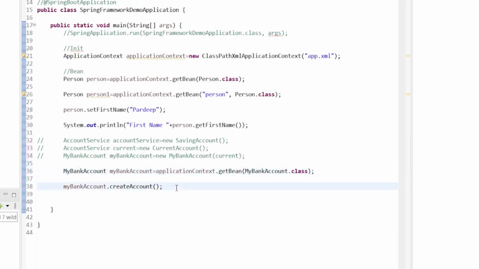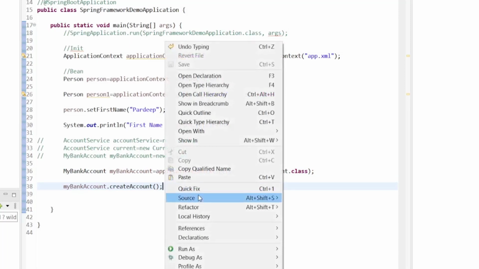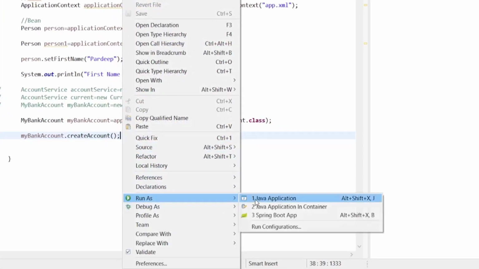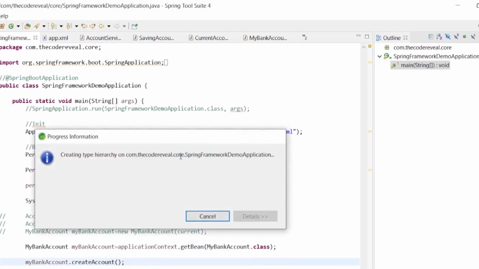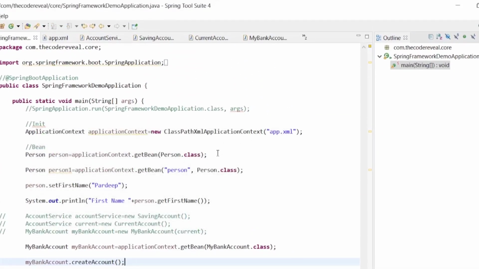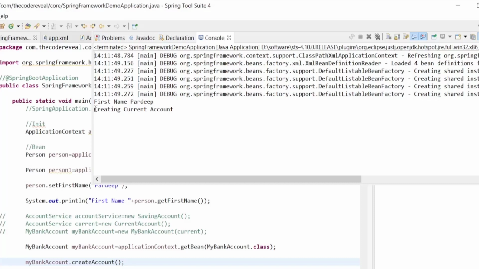Now let's run this application as a Java application. You can see here it's printing creating current account.